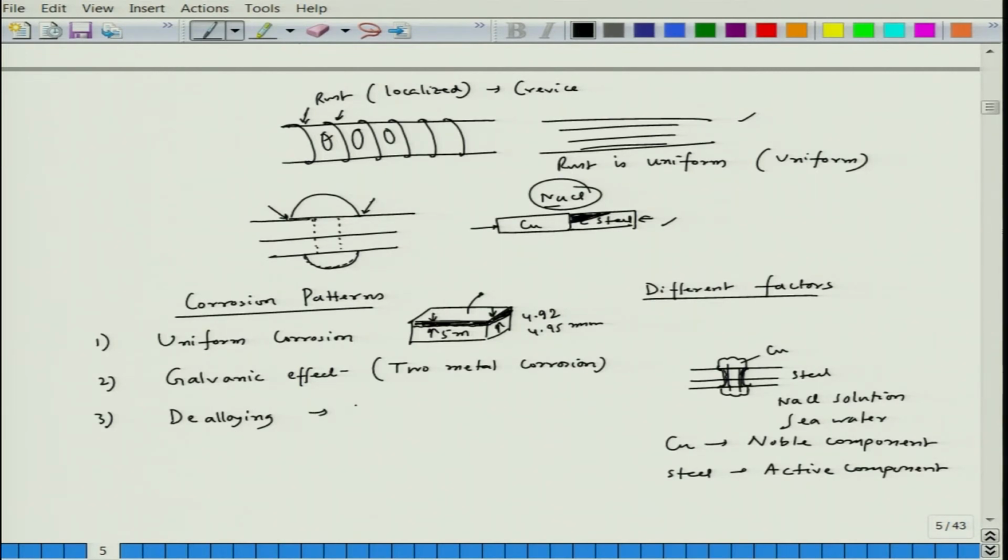It is basically the preferential corrosion of one element in an alloy. For example, copper zinc. Copper zinc, let us say this is 70-30 copper, and if you expose this one to even potable water, zinc,